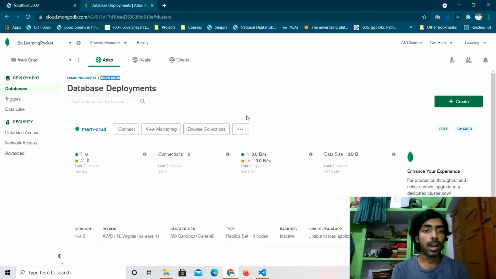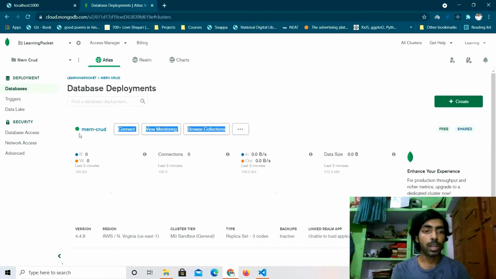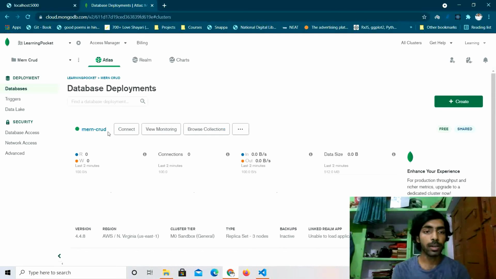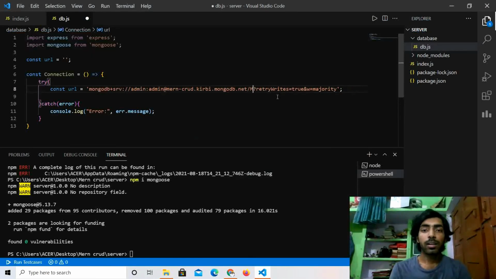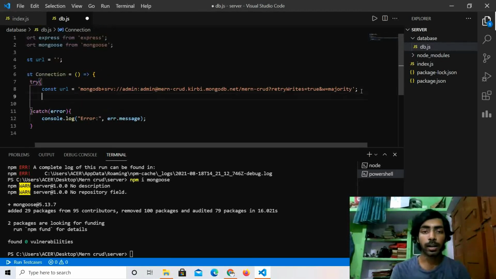And after that I can use this one also, no issue. I can copy this one in my database name. Okay, I'll rewrite. After that mon crud, and I'll save it,